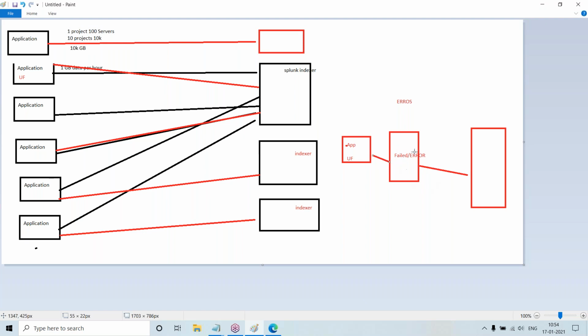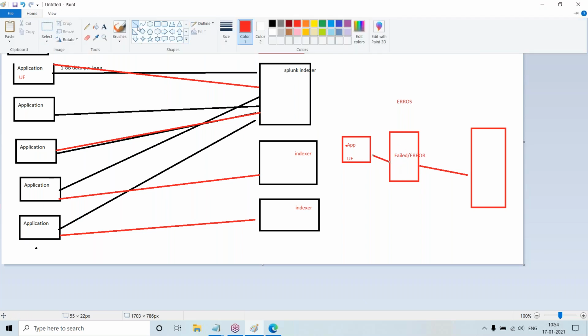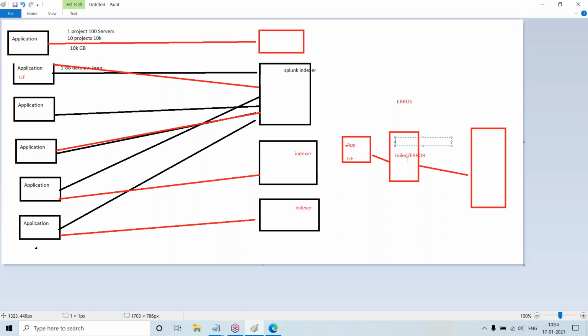Passed transactions, it will drop. Got it? Because the customer requirement is that I want only the failed transactions to be recorded.